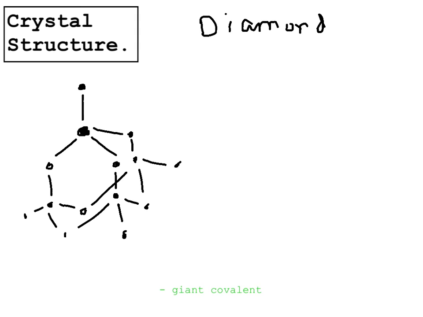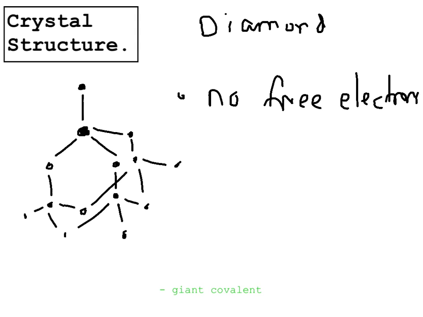Now what this structure gives diamond is a very high melting point, and it's also very hard because firstly to melt it you have to break every single one of these covalent bonds, and covalent bonds are extremely strong. It also does not conduct electricity because it has no free electrons, and that is a phrase that you can use in your exam to describe why it does not conduct electricity. So it has no free electrons, high melting point, as you have to break